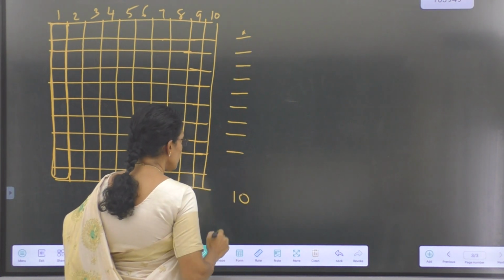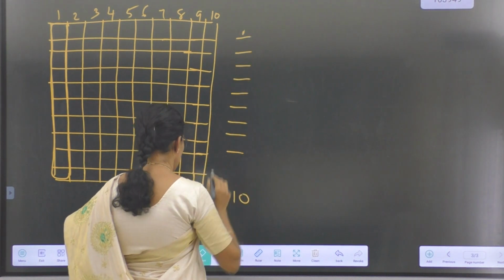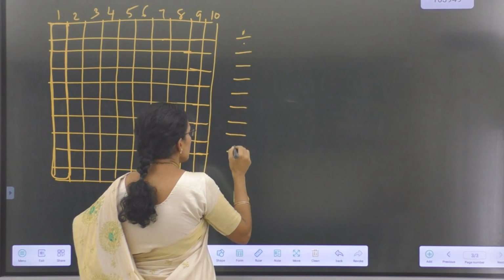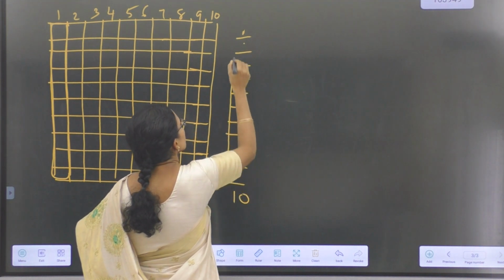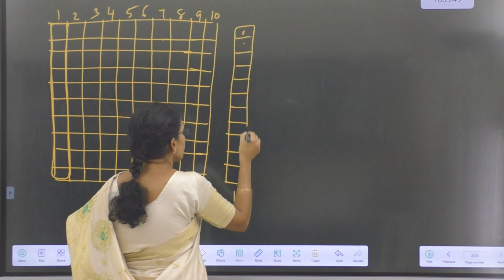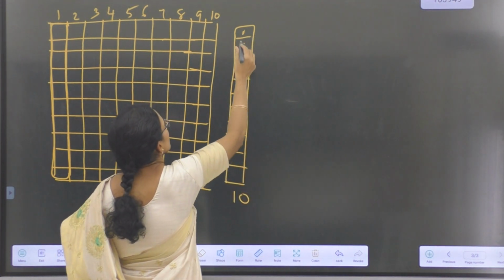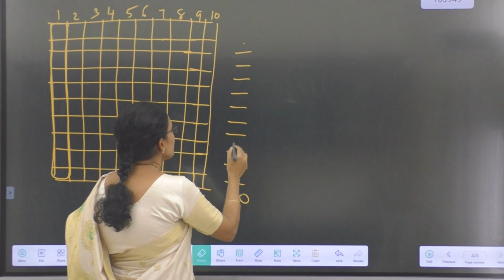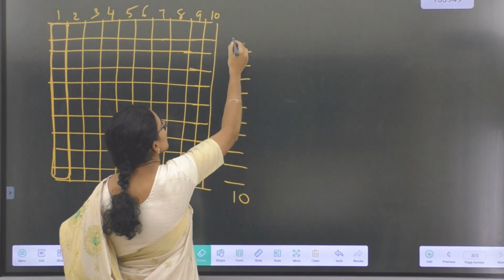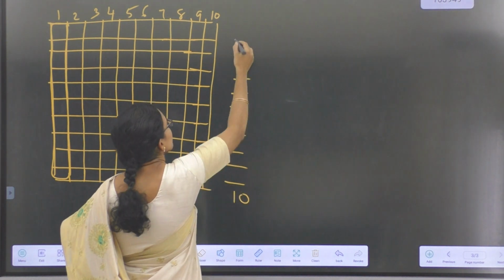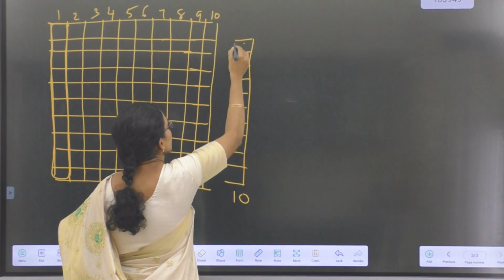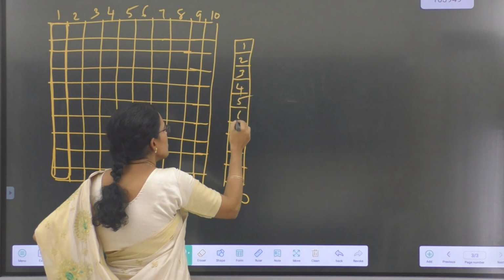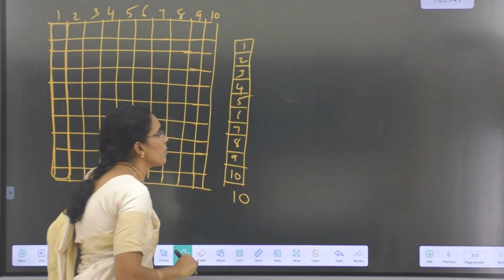Let's take all the same size. 1, 2, 3, 4, 5, 6, 7, 8, 9, 10 chocolate bars I get.